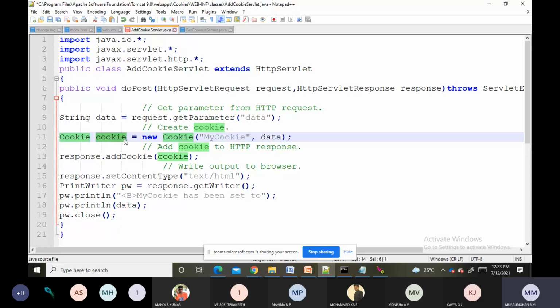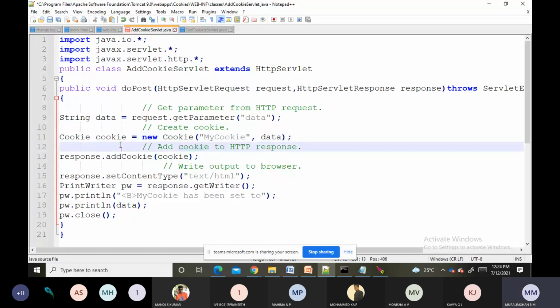There we have taken a c. You remember, c we have taken. You can take any name. I told already, cookie object name, we can take any name. See, there is a difference here. This is the constructor, C is a capital letter. And here c is lowercase, and this is our name. This is our cookie object which we are creating.